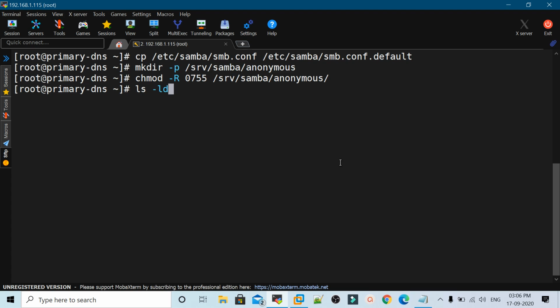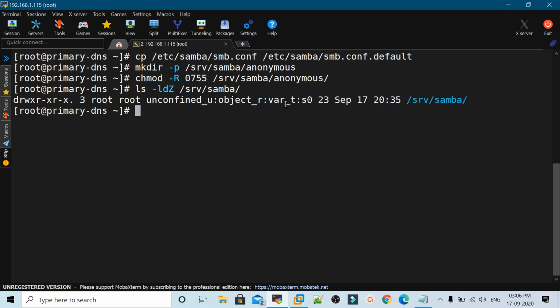and after that I will check the SELinux context of srv samba. It is showing var_t. So I will modify it, otherwise the SELinux will block the access.